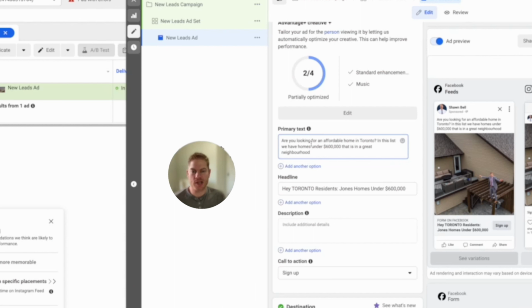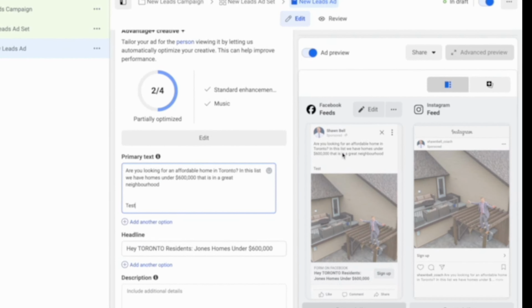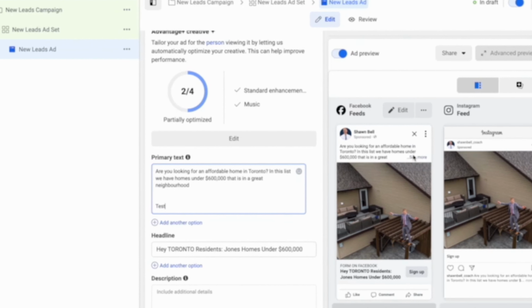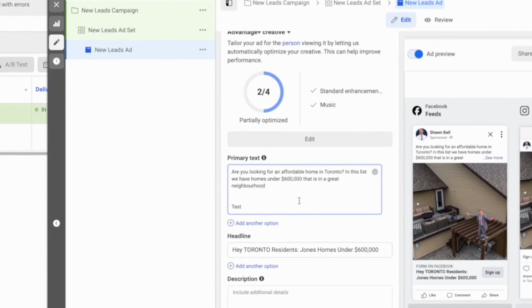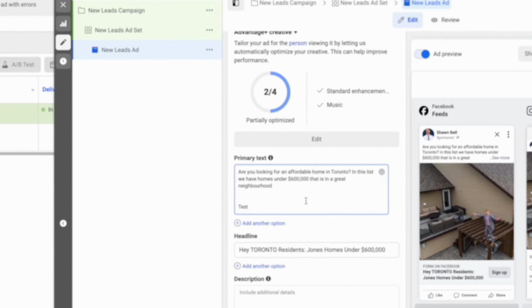Obviously, I would spend more time with this, but the main idea is this primary text can be long. Like you can write a lot in here. And then as you've seen in ads before, they just have to click on the see more button. I don't know if it's going to show that preview. Yeah, it's going to show it all, but, oh, there it is. So this is the way your ad would look and they'd have to click see more to see the rest of it. So you can write out a longer description here talking maybe about the Joneses neighborhood,